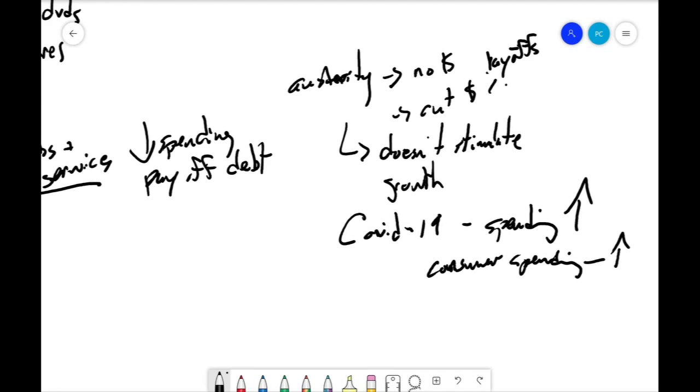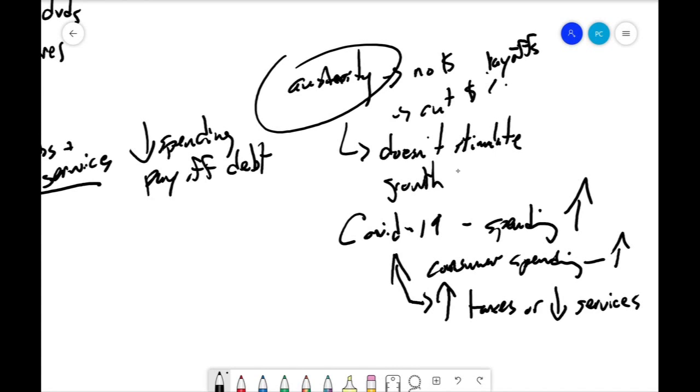But eventually, this increase in spending is going to lead to an increase in taxes or a decrease in services, right? So once this is finished, we're going to see one of two ways of going. It depends on the government's choice and which government you're talking about. Some governments will go here, they'll go to austerity, and that will be the reduction of services, which is what we saw in this province before this hit, right? They're talking about lots of cuts and everything like that to pay for things.